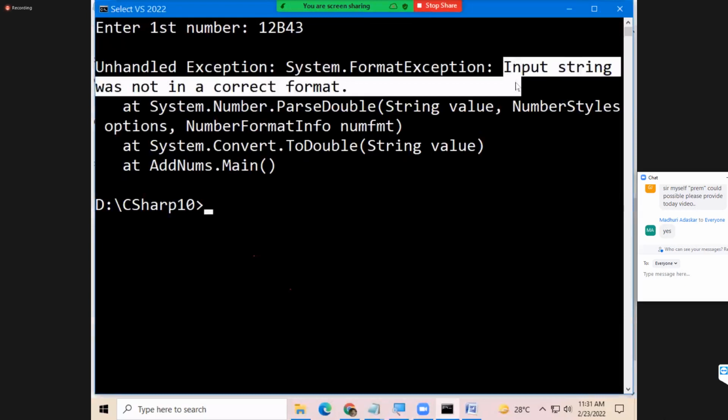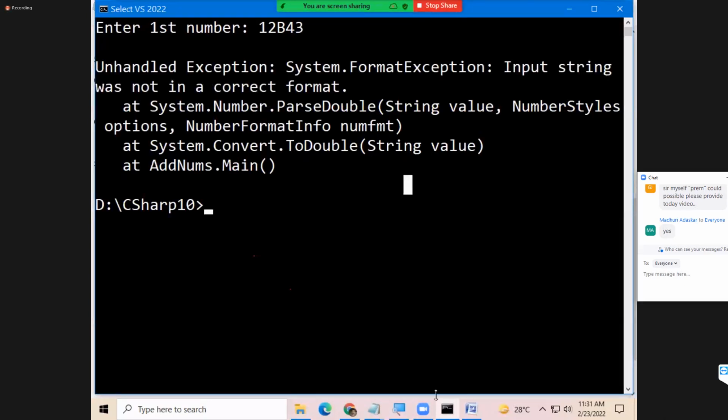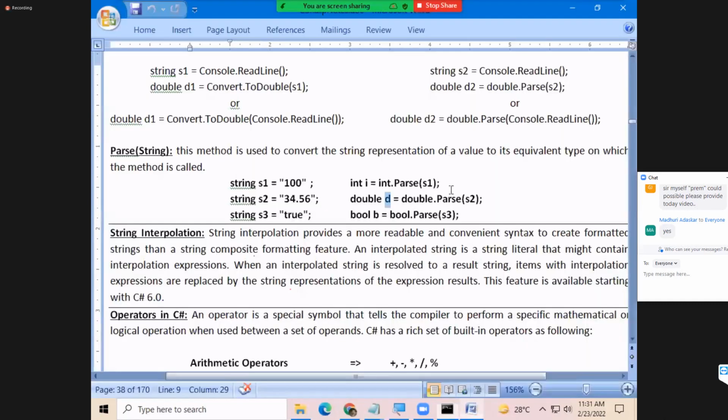But tomorrow, what is the guarantee the end user will enter the correct value? The end user may enter the wrong value. Further, we require to include error handling code in the applications. We will learn it in our later classes, in a topic called exception handling. There I'll explain how to take care of the runtime errors. And finally, you will have information on